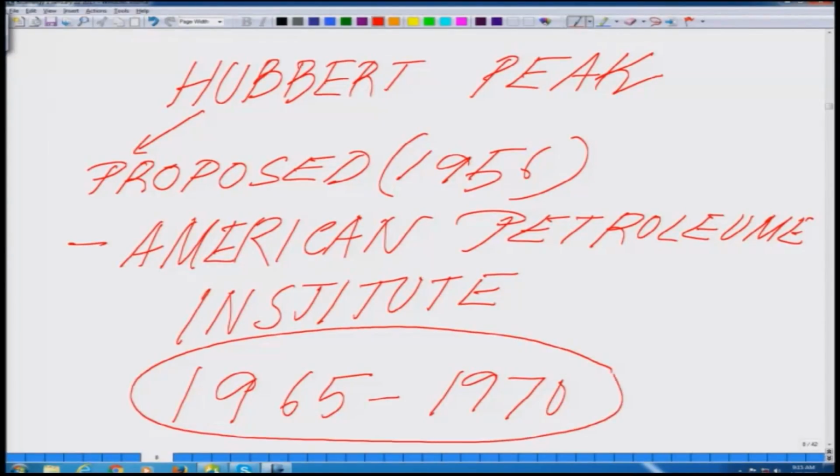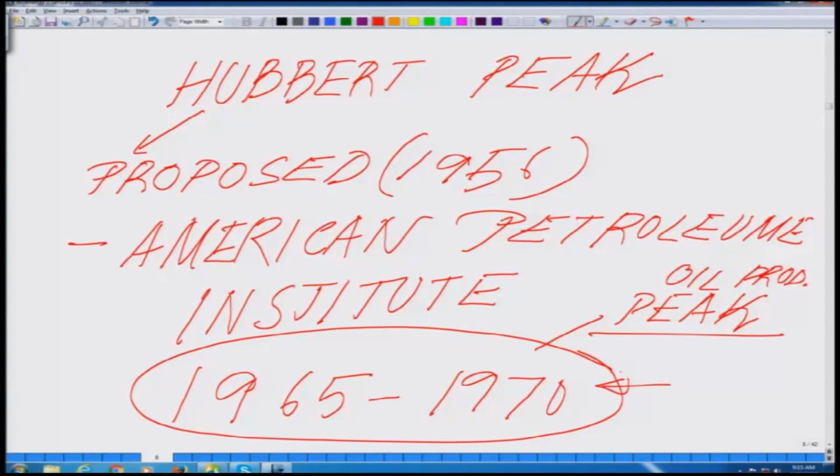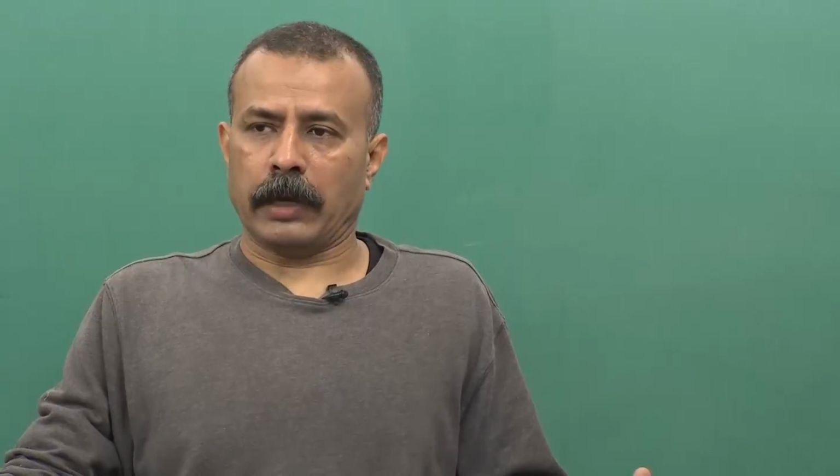So, this was the oil production peak. This was the very first report, a kind of historical report, given by Hubbert, stating that possibly this is where mankind will see shrinkage in the oil fields, unless new oil resources are found across the globe,